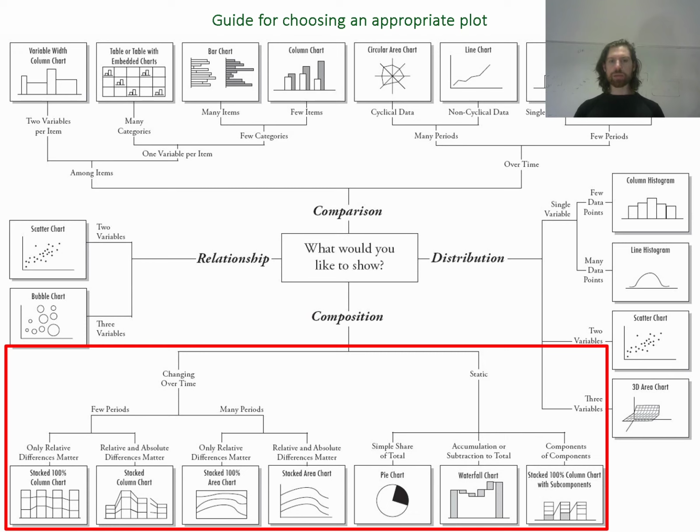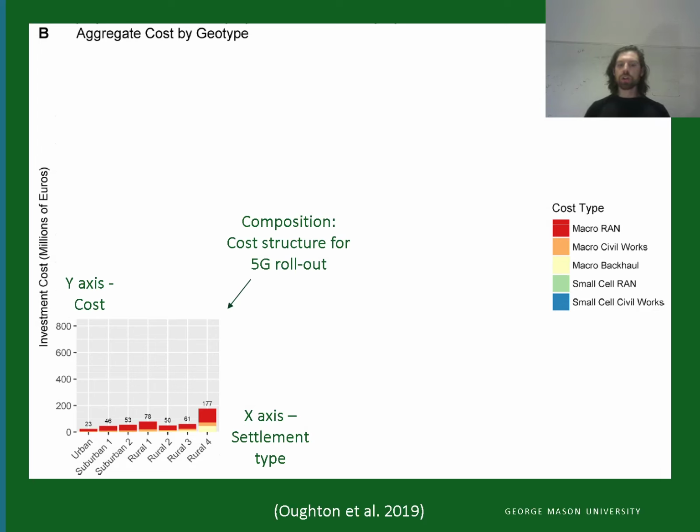Now let's think a little bit about composition. So this could be a static composition, or it could be a change over time. So a piece of work that I did a few years ago was actually for the Dutch government. So I developed analytics which informed their 5G rollout. So in about 2016, I started building models for 5G. There's a lot of hype around 5G right now, and as a consequence,